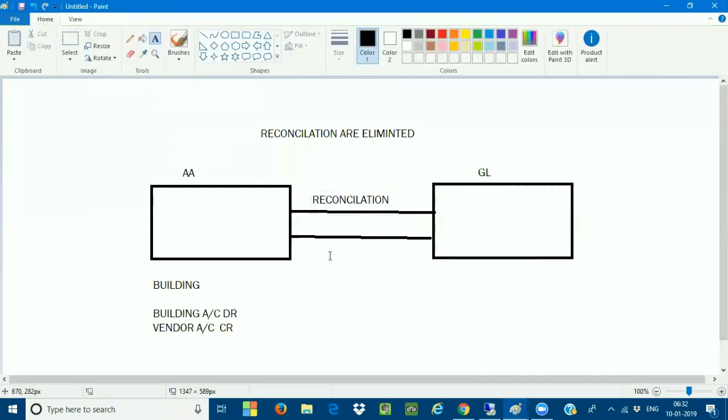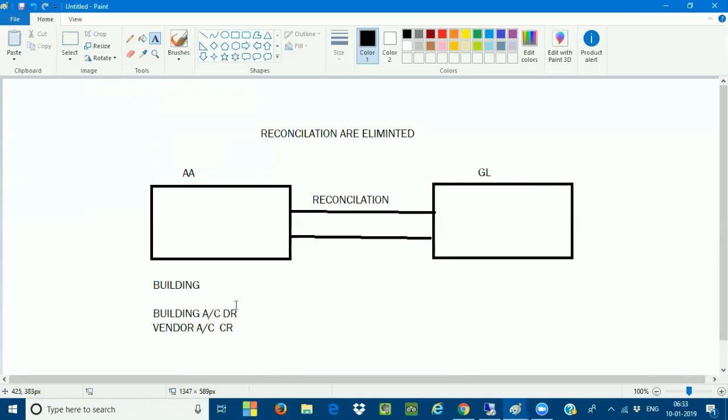Because of this reconciliation, whatever transactions you post in asset accounting, like acquisitions, retirement, which is when the asset has been sold to a customer, and depreciation every month after my period ends, everything you do in the asset accounting, I would like to see those accounting entries reflected in my general ledger. Why? Because if I don't have these transactions in my general ledger, my financial statement is incomplete. I don't have the asset related data in my general ledger accounting. So I'm going to have the reconciliation between the asset accounting and the general ledger.